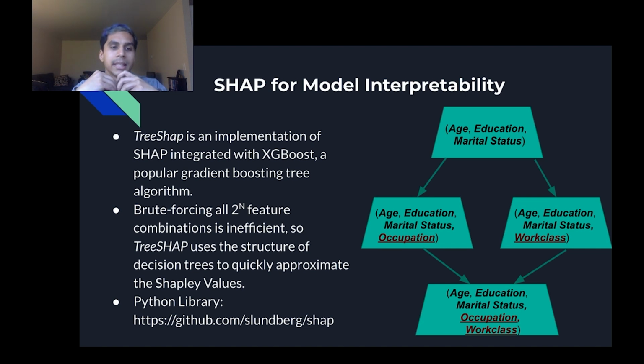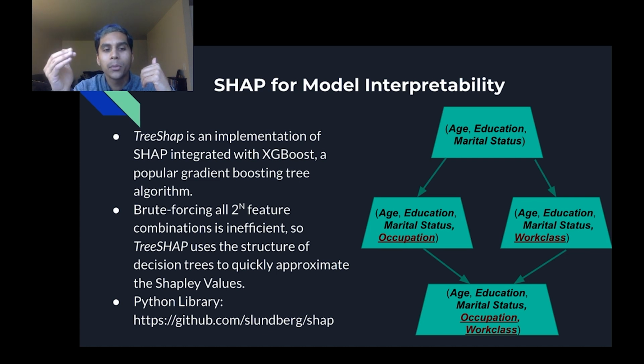And so how do you do this in actual implementation? Well, this is a Python library called SHAP, short for Shapley values, created by Scott Lundberg, and that is very popular and is probably the current standard for model explainability. And one thing in this SHAP library is this TreeSHAP algorithm. It's Shapley values for XGBoost or any sort of random forest or gradient boosted tree.